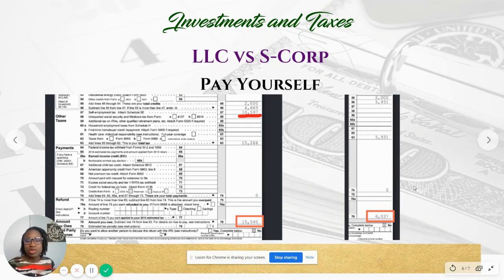I hope you guys are able to see the difference with an LLC versus an S-Corp. Remember, this was just for informational purposes. In order for you to make that decision for your business itself, it needs to be personal to you. So it's not going to be the same answer for everybody across the board. So I definitely recommend that you speak to your accountant, to your CPA, so that you make sure that you're doing the best scenario for your specific industry, for your specific business. Remember, I'm Atia, the Savvy Accountant, and while I'm an accountant, I'm not your accountant, so this video is not supposed to be used for you to make decisions, but it's more for informational purposes.